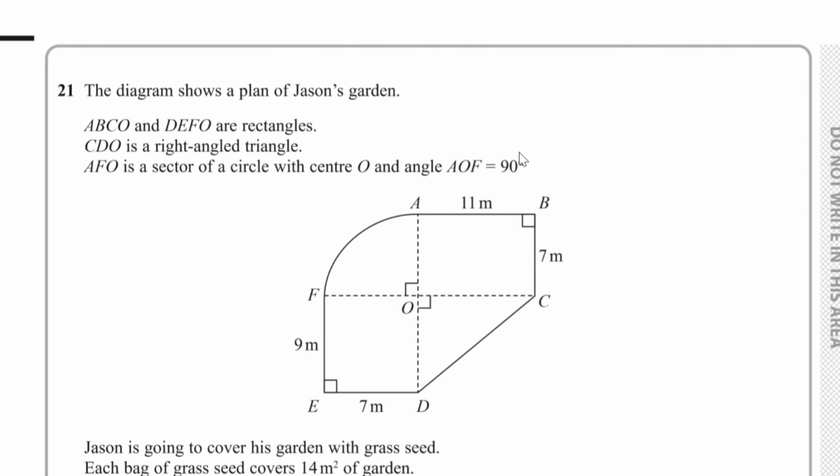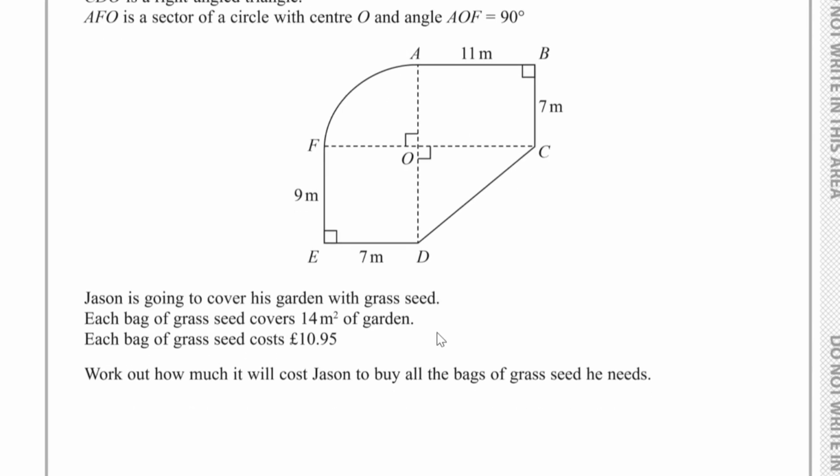Question number 21. The diagram shows a plan of Jason's garden. A, B, C, O and D, E, F, O are rectangles. CDO is a right angle triangle and AFO is a sector of a circle with center O and angle AOF is equal to 90 degrees. Jason is going to cover his garden with grass seed. Each bag of grass seed covers 14 meters squared of garden. Each bag of grass seed costs £10.95. We have to work out how much it will cost Jason to buy all of the bags of grass seeds